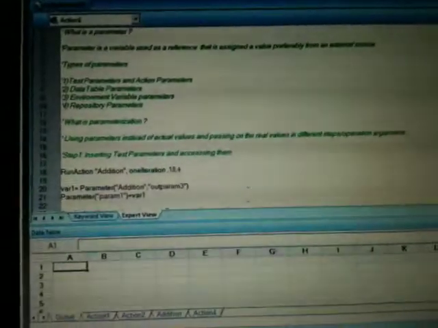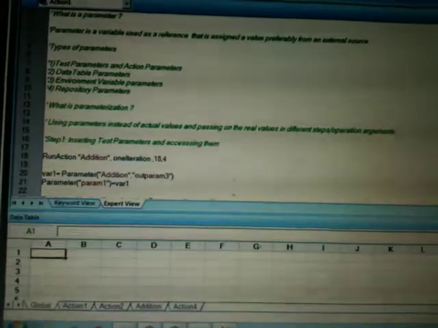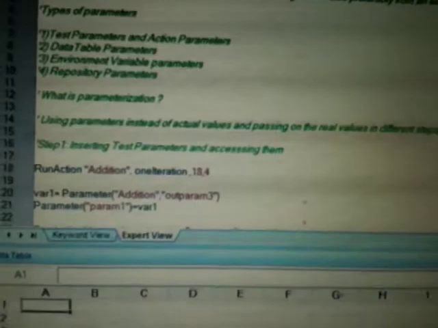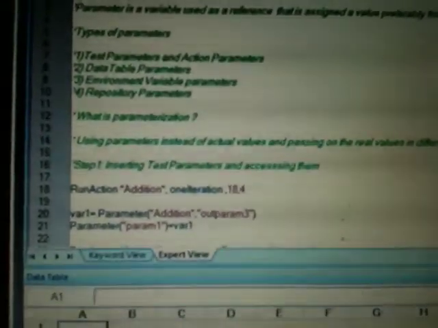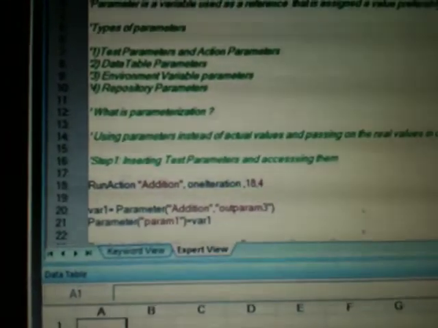Yes, action local parameters inside the local subject are given precedence. That is right. Every time the action is called upon, the action parameters are the ones which assume precedence rather than the test parameters. Okay, the order is important. You can actually change the order also depending upon how you define the parameter. Say if you define parameter addition 1 first, and if you pass it in the higher order, it will be overridden. So I can change the order of precedence also inside the script.